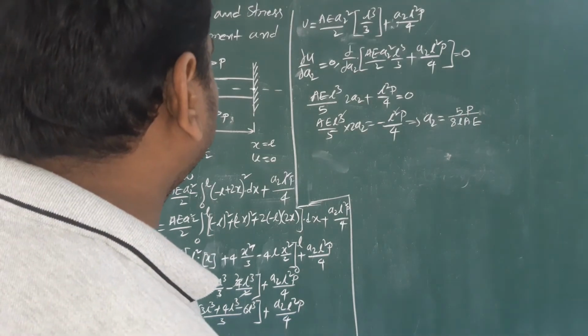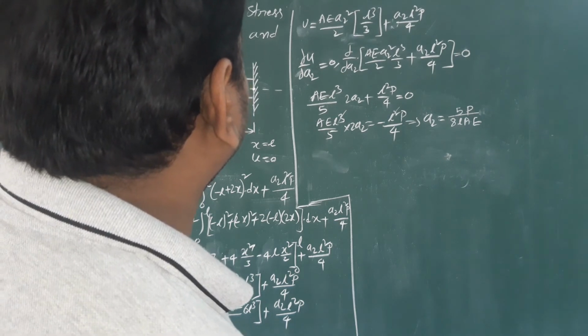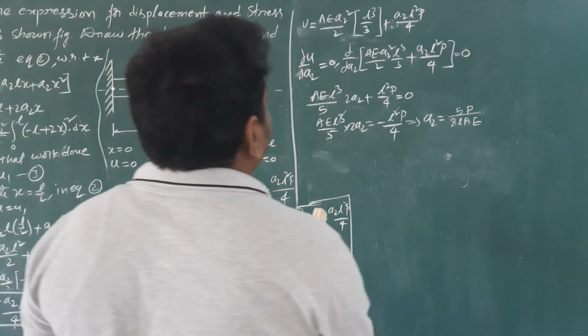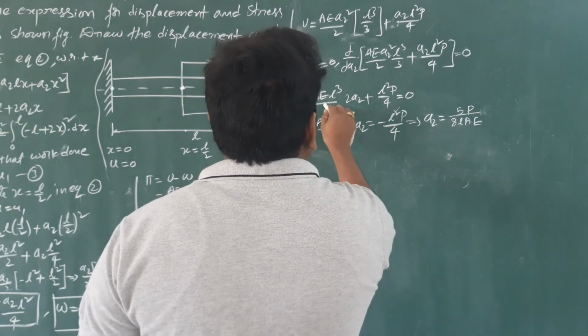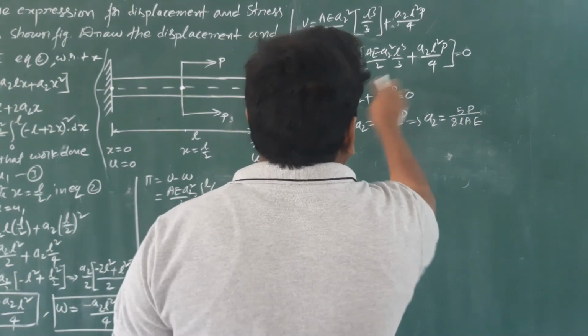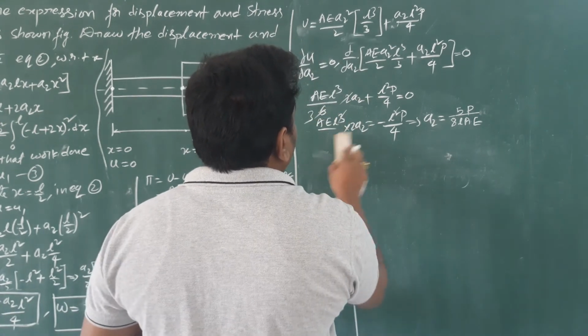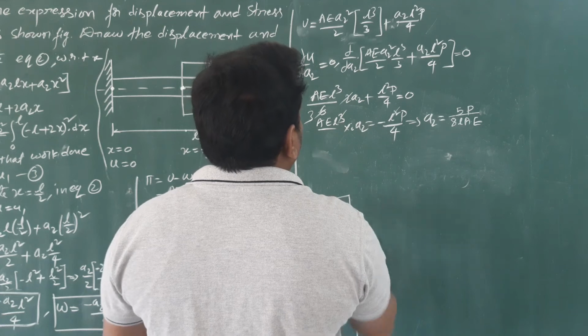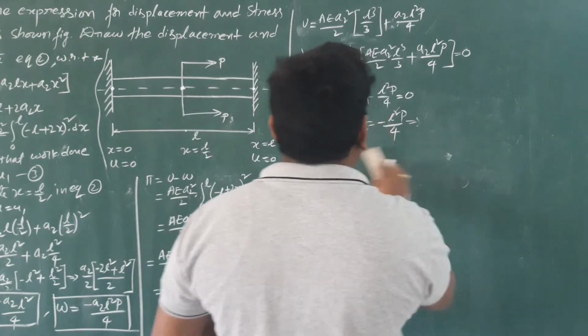Not 5, this is 6, 2 3s are 6, then this is 3, there is no 2 here. This is also 3. So finally we got